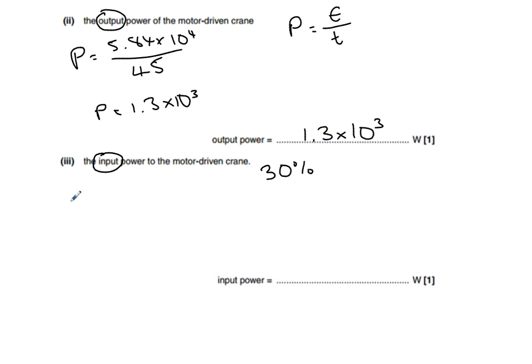How do we calculate that? Well, you just go 1.3 times 10 to the 3. If it's 30% efficient, if we divide by 30, we'll get what 1% is, and then we just times by 100. If you do that, you'll get 4.3 times 10 to the 3